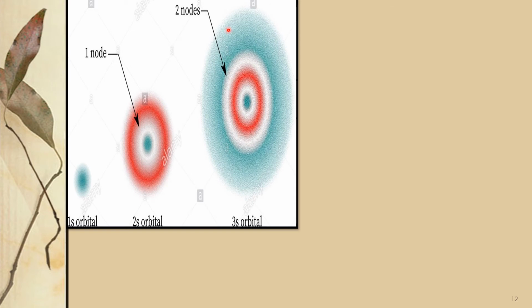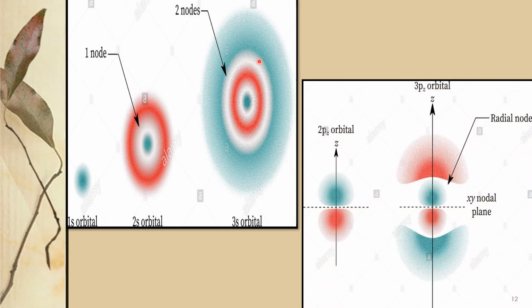Because it is bigger in size, it spends maximum time here, or a small time here, but in this area electron availability is totally zero. That's why it is called the node area or the node. Now these are the nodes for the p orbitals, 2pz, 3pz. So the radial node is here. In this area electron is not available. This is the radial node, this is the nodal plane. Plane-wise and node-wise, electron is not available in this area; at the most you can find the electron here only.